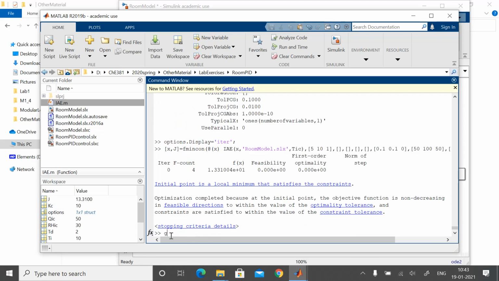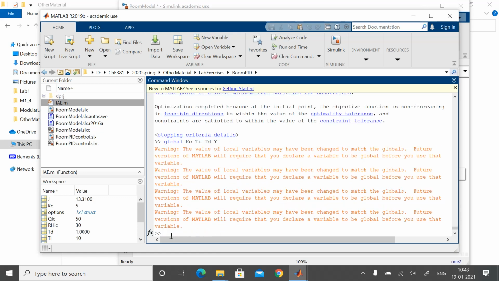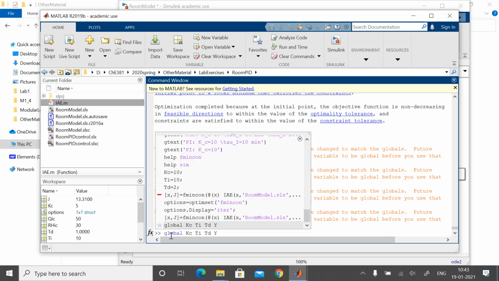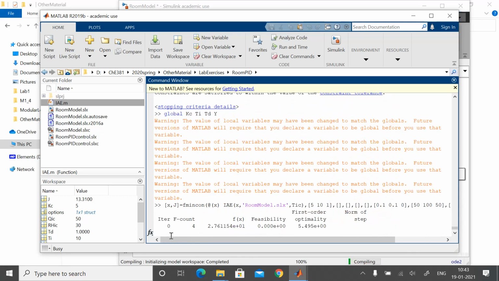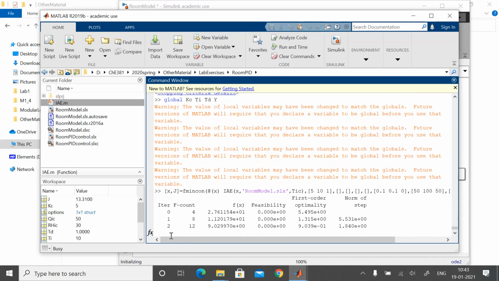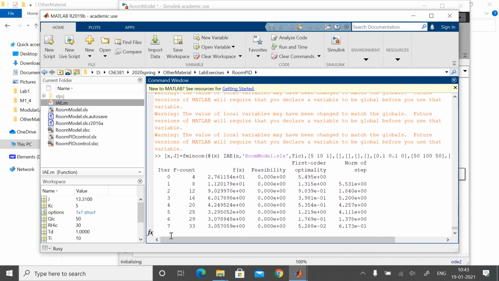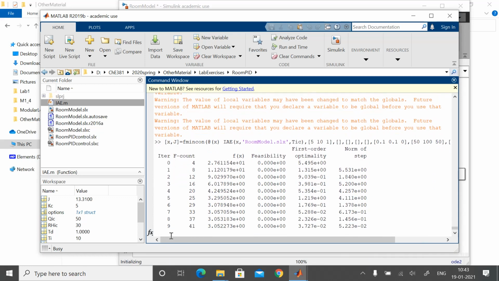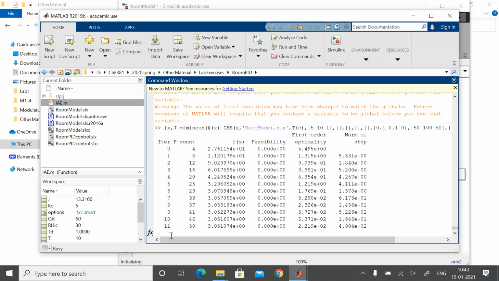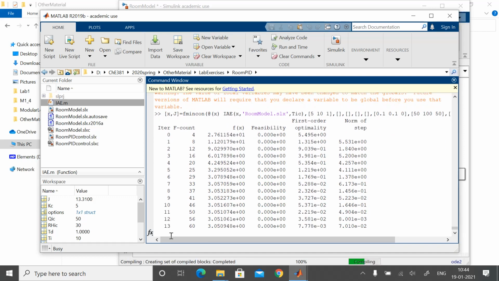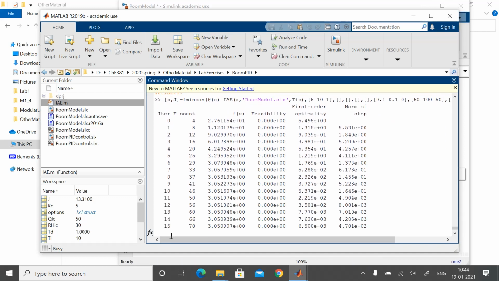Oh, I think they are not global. Global KC, TI, TD, comma Y. These need to be declared as global. Let's see. Run it again and see if it runs. Yeah. Last time it did not run because KC, TI, and TD were not global, so their values were not changing, and therefore there was no change in the objective function, and therefore the optimizer exited. Now that KC, TI, and TD are global, the changes that the optimizer makes to KC, TI, and TD go to